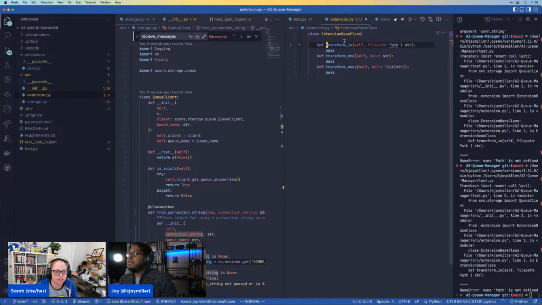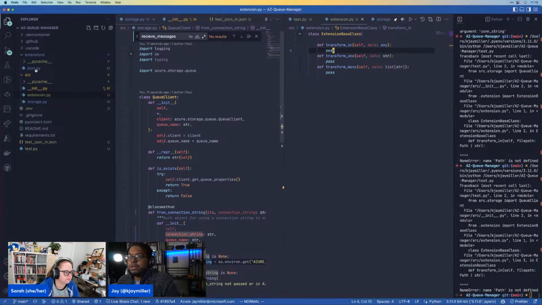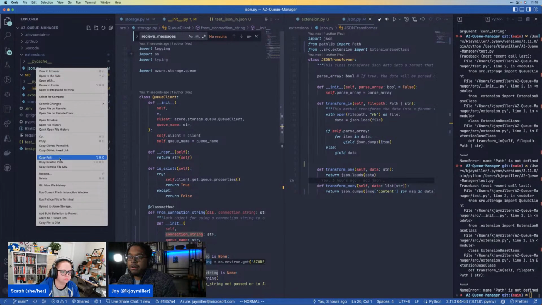Oh, actually that can't be file. Transform in shouldn't necessarily be a file path, because it could be a generic URI or something. Transform in could be some form of data, but data could be anything. It could be a Python list, a Python dictionary, or a file name, and however the extension wants to handle that data, then it will. This is where I was talking about, if we were to build a series of these, and we